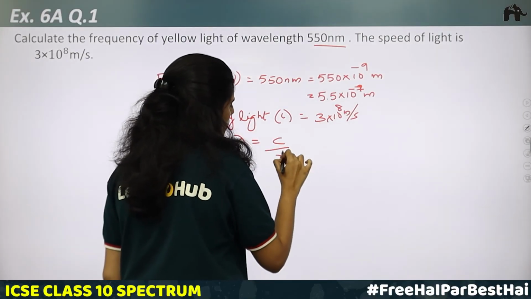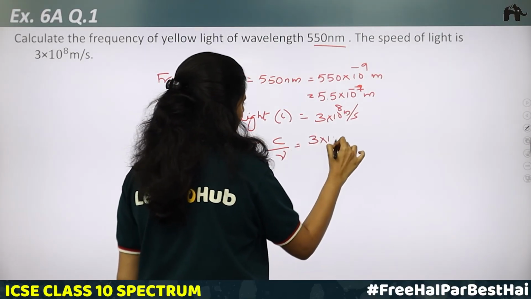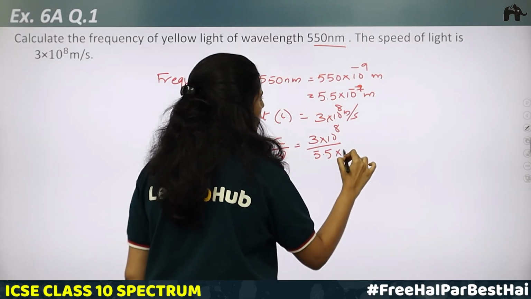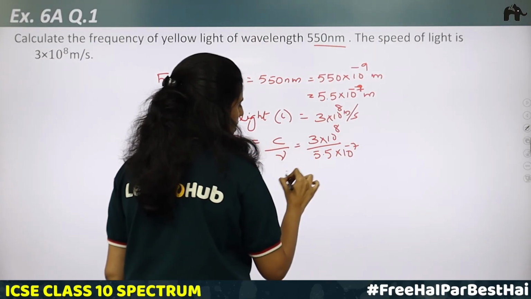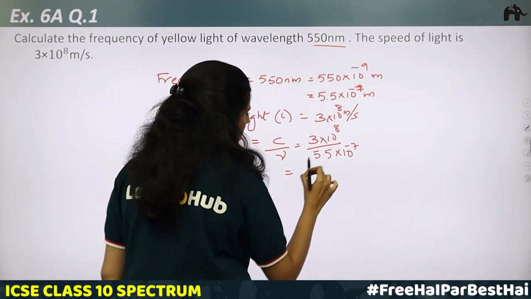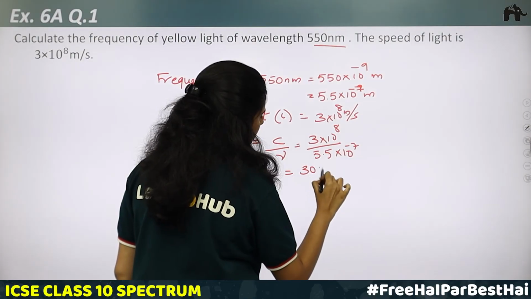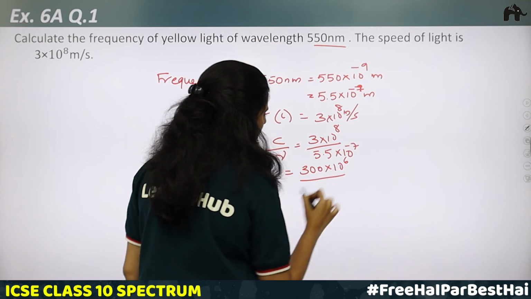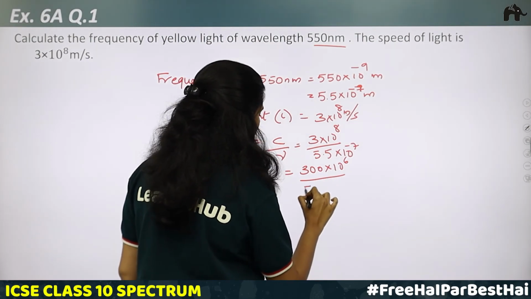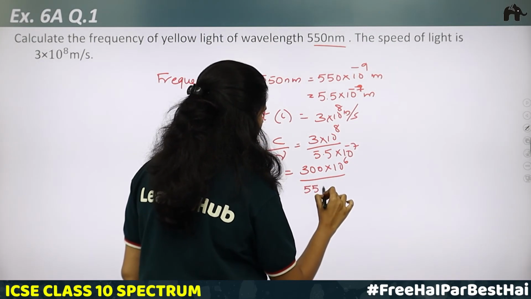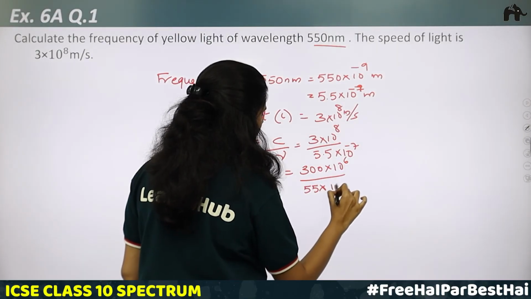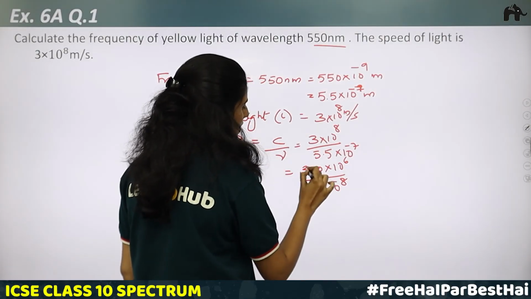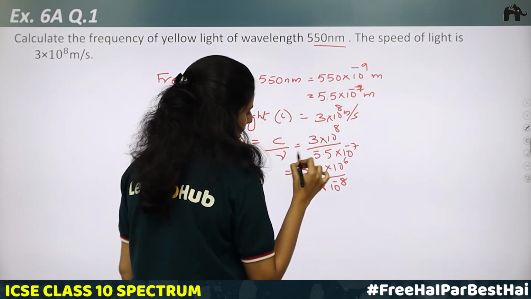Lambda is c by nu, which is equal to 3 into 10 raised to 8 divided by 5.5 into 10 raised to minus 7. So this can be written as 300 into 10 raised to 6 divided by 55 into 10 raised to minus 8. Okay. So on cancelling 55 and 300, you will be getting